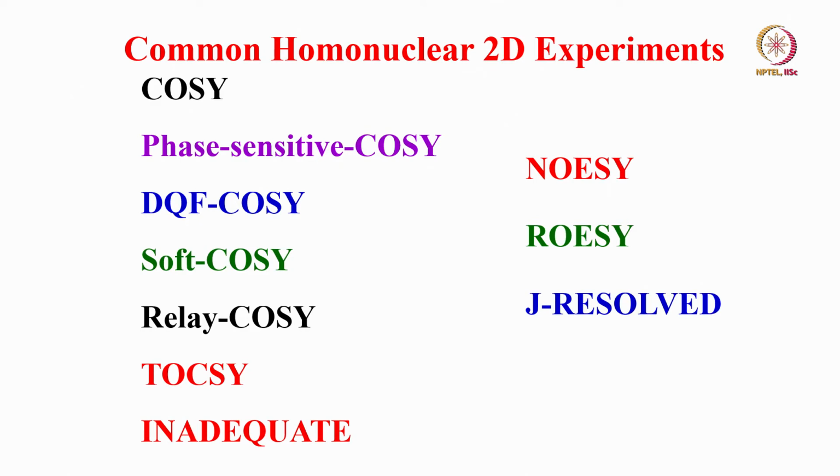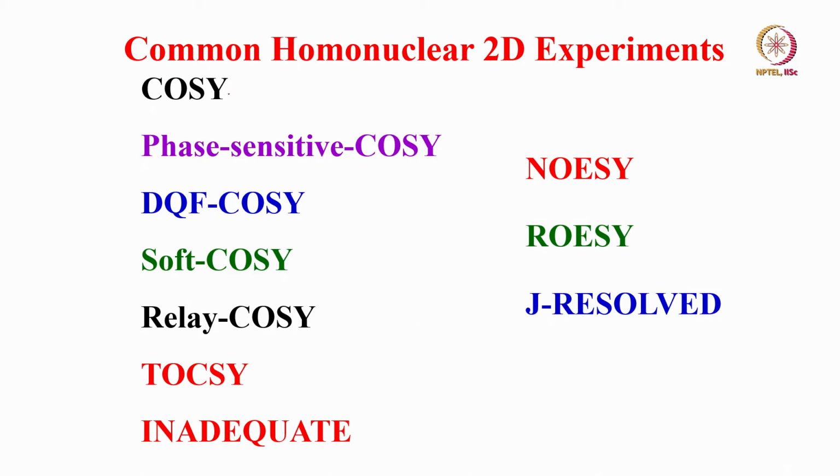Now, a common two-dimensional experiment which everybody uses. Most of the time there are very sophisticated 3D experiments, specially designed experiments for particular information in NMR spectroscopy. Commonly, if a chemist or biologist wants to characterize simple molecules, they don't need to go to the very sophisticated, latest state-of-the-art experiments for deriving information.